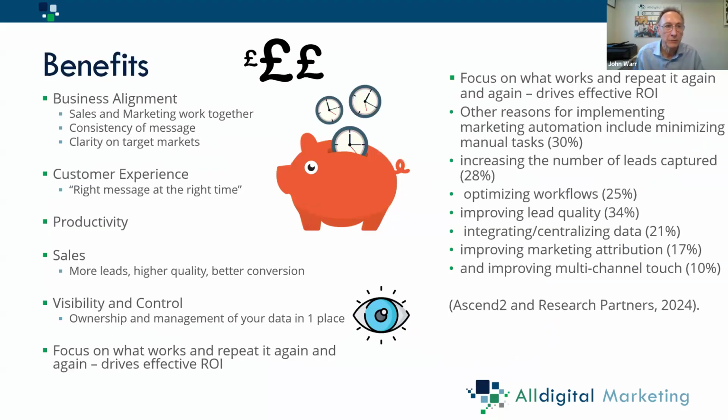So what are the benefits of having a single system? The first one is business alignment. In trying to set this system up, you are required to make sure the sales and the marketing teams are completely aligned and are working together. They have to be going for exactly the same goal, the same customers with the same products, the same information. You get consistency of message, so the salesperson is giving exactly the same message as the marketing person. You've got clarity on who you're going towards, and we'll explain a lot more about this as we go on.